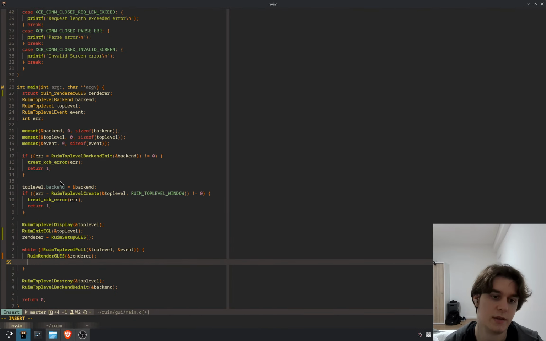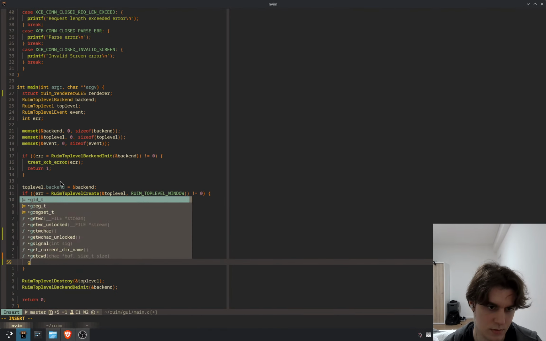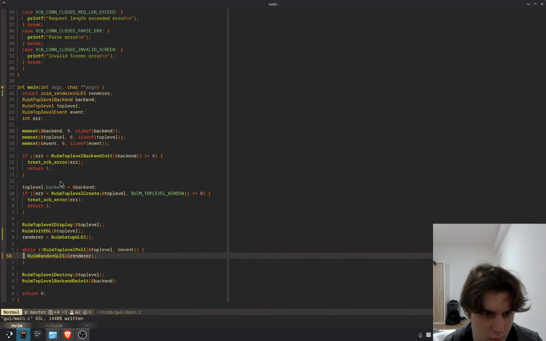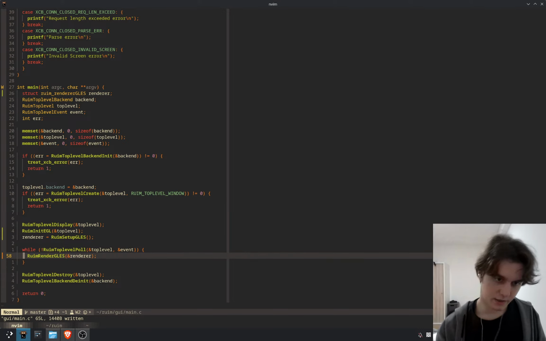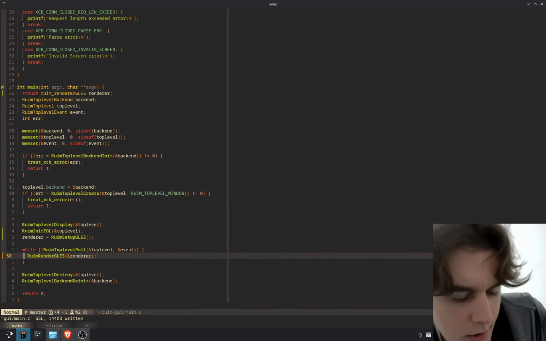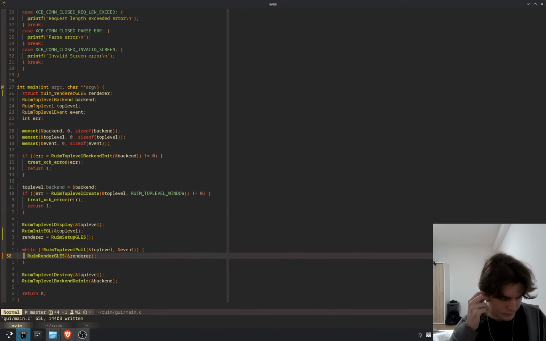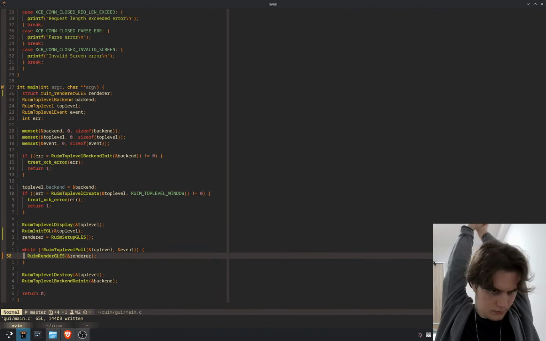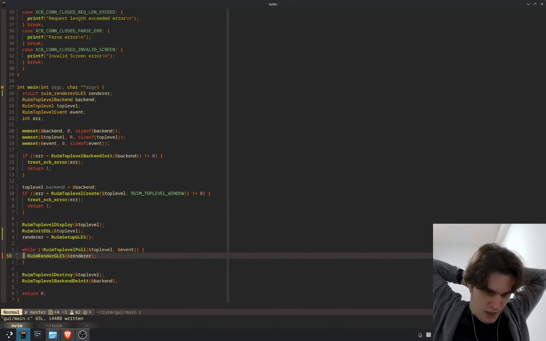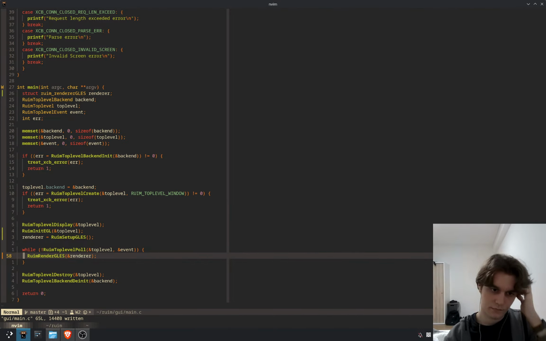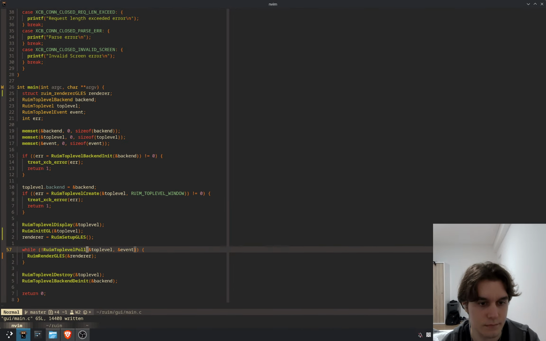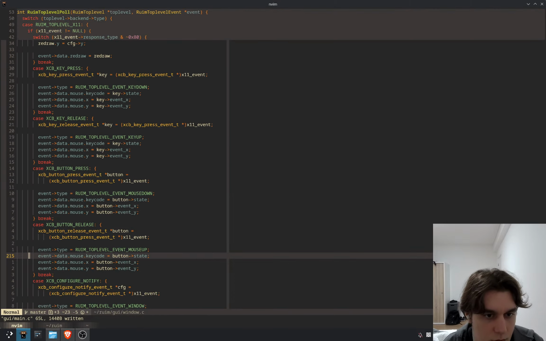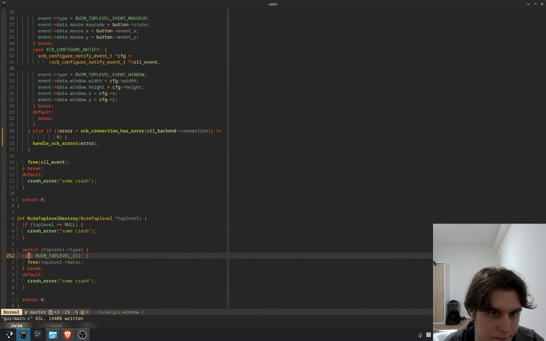That's the renderer, and then I need to swap the buffers inside here. Okay, so how do I